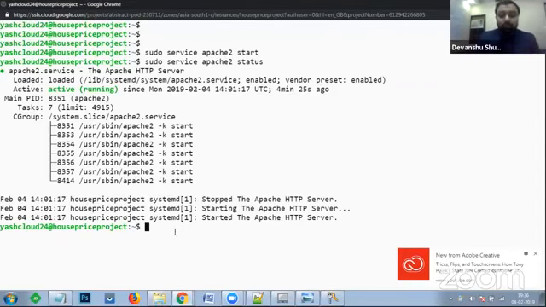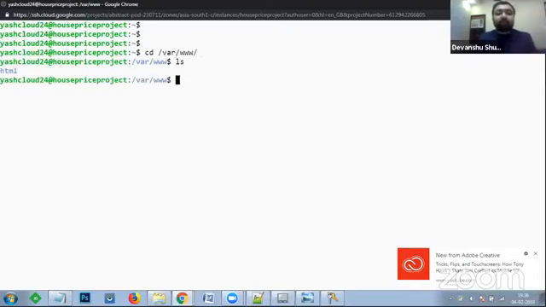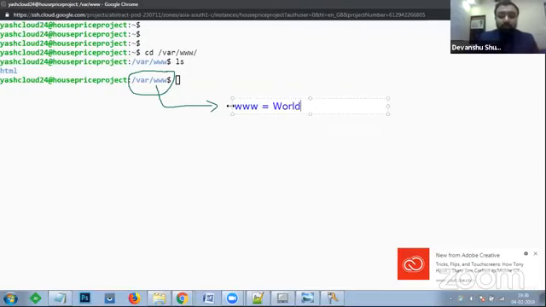Let's go for it. Now, when you have started Apache server, what files will be displayed by default as soon as somebody accesses this Apache server? To do that, you need to check in this directory: cd /var/www. So this is the World Wide Web directory. If I show you, www is a World Wide Web directory, and this is pretty important. All your web contents will be available within this directory. So www stands for World Wide Web directory,